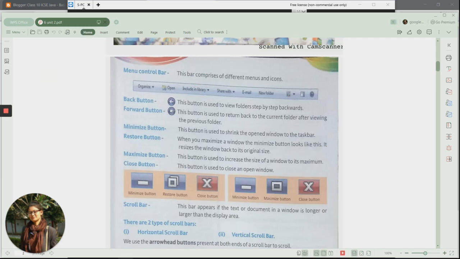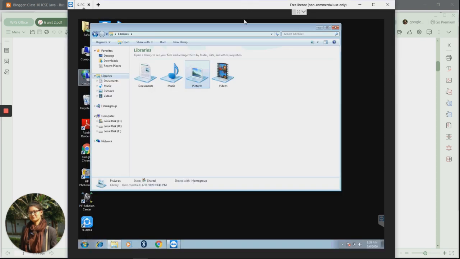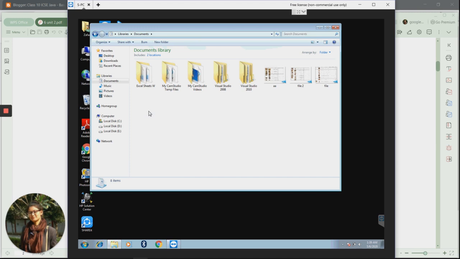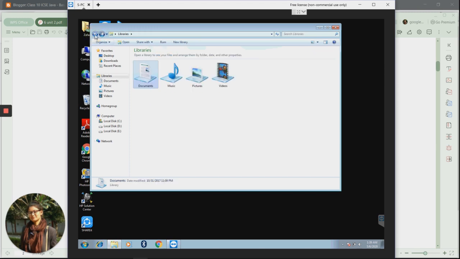Now again moving forward, we are having a back button, a forward button. I think it is very clear about your back button, forward button, minimize, restore, maximize button, close button. Now again see over here, see students, this is basically your back button. Okay, and if you move one step forward and again move one step backward, then again you can move forward with the help of this forward button, as well as from this back button.